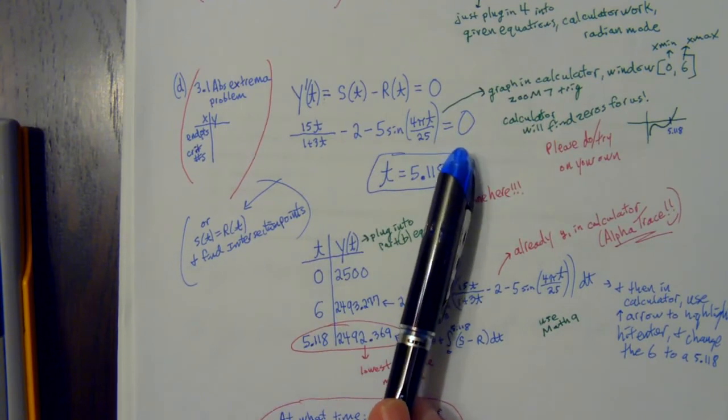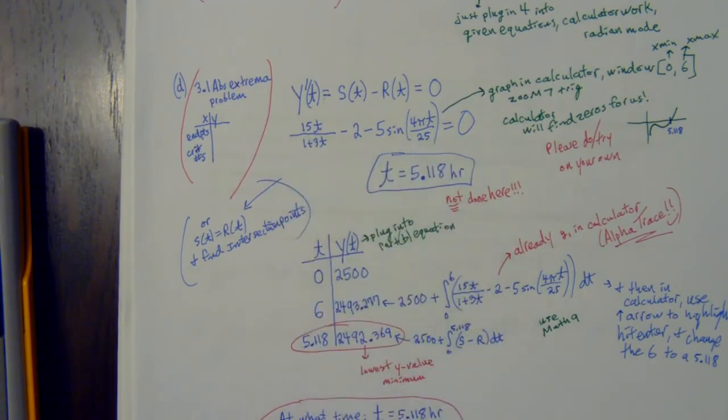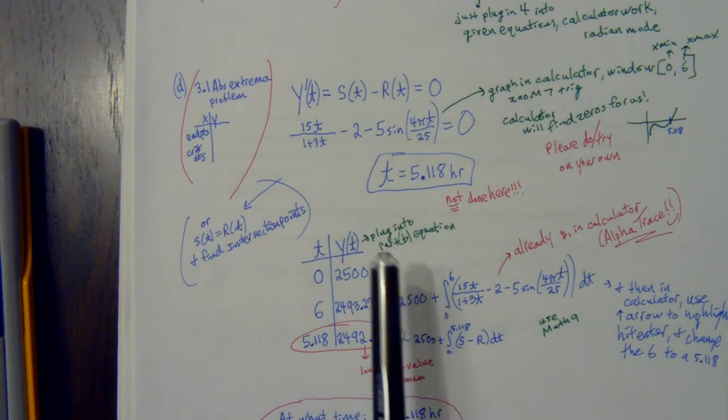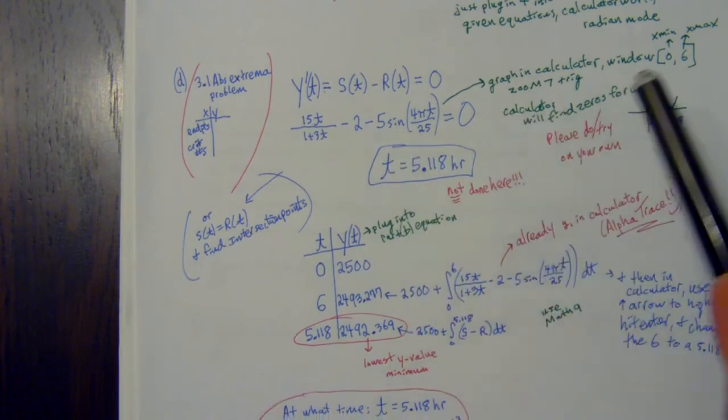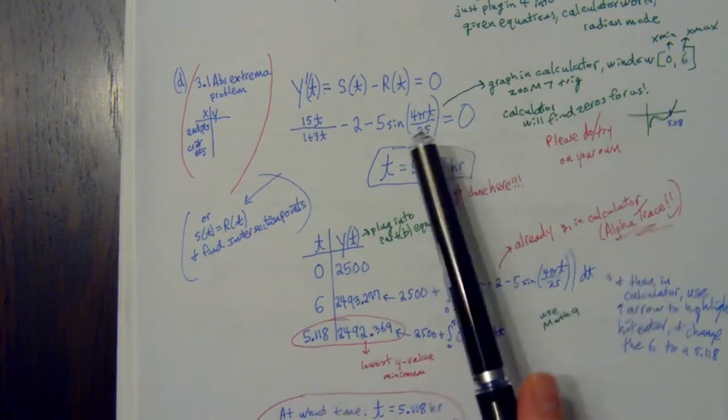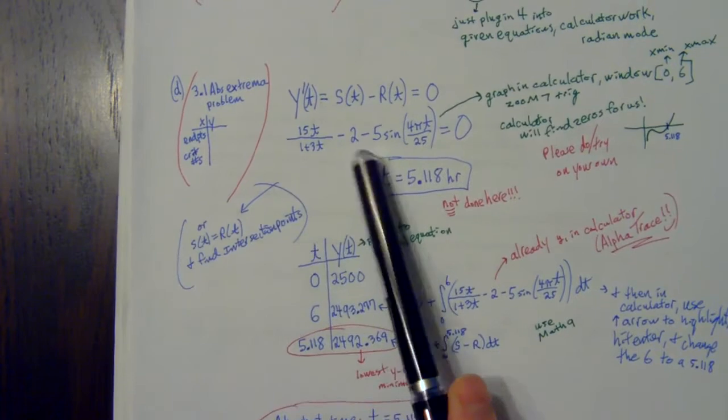So I just want to review how to do that in the calculator. If you ever have something difficult to solve, you're not meant to do all that stuff on your own. Even if you could do that algebraically, you're going to take too long on that. So when you have a tough equation to solve, even if you have stuff over here, move everything to one side, set it equal to 0, graph this function right here,